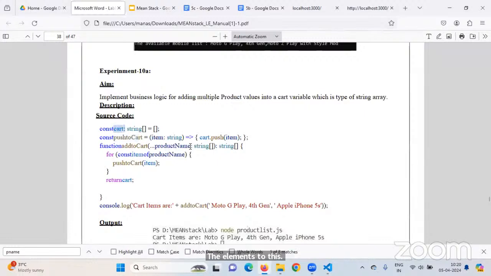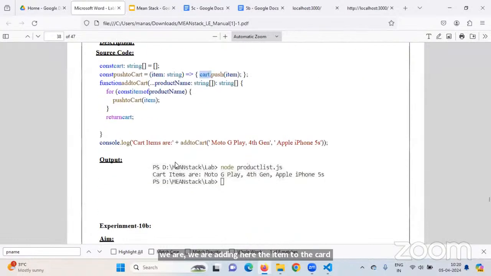So here, whenever we are calling the add to cart function, we are sending the product name, and that can be a single product or multiple products. For each product in the array, we iterate and call the push to cart function, adding the item to the cart. So if you see cart dot items,